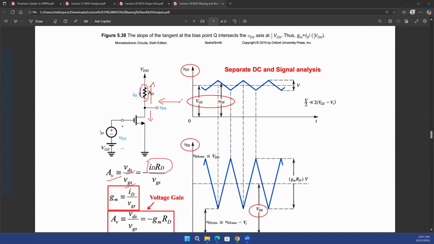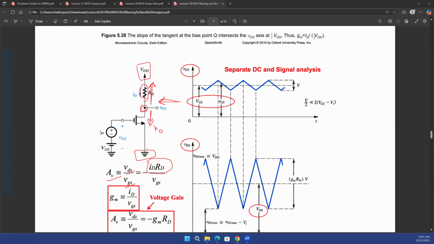So the resistance that you see looking into the output terminal is this resistance looking up, that is RD, and another resistance looking down, that is equal to RO. Now, remember that this is a common terminal, the drain terminal is common. The top terminal of the RD resistance is connected to VDD, which is an AC ground. The bottom terminal of this MOSFET, the source terminal of the MOSFET, is connected to ground, which is also an